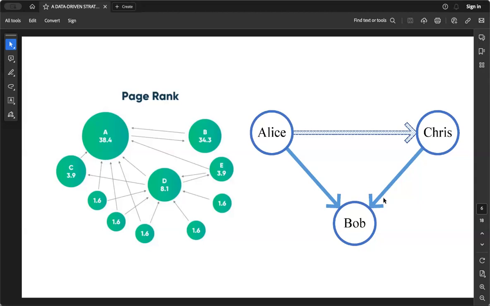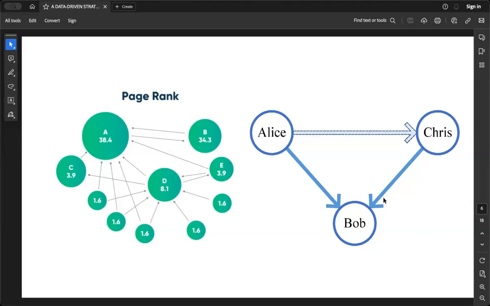So let's imagine that Alice, Bob, and Chris are connected on a social network platform such that Bob follows both Alice and Chris follows Alice. In this situation, let's say Alice and Chris both have a very high tendency of spreading hate speech, either individually or by being connected to other people. But for this scenario, let's assume that Alice and Chris both have a very high tendency to post hate speech tweets themselves. So Bob, being a user who follows both Alice and Chris, should also be categorized as someone who